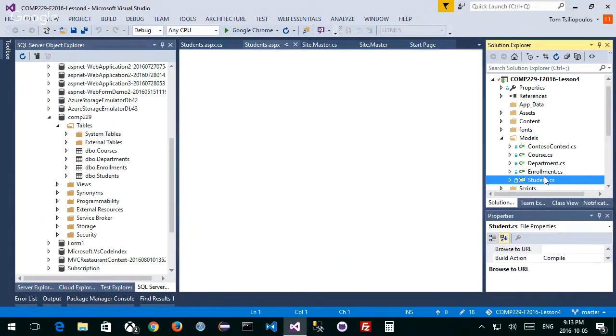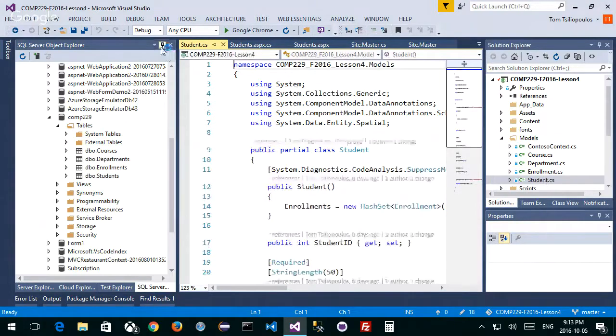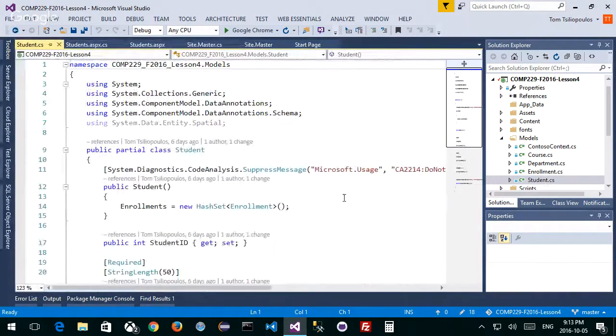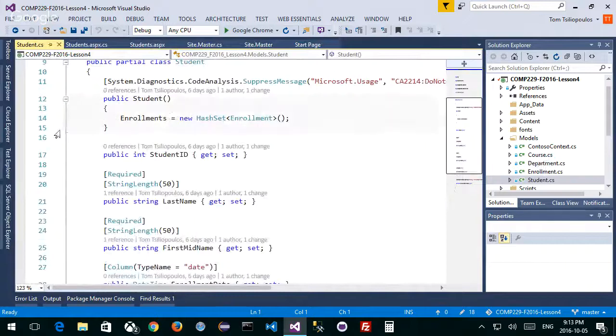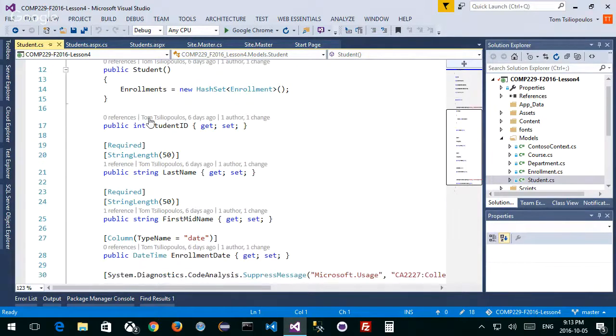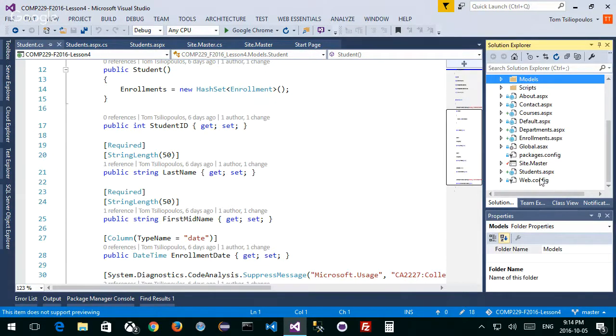So if I click on the student, here's my code for the student, right? Now look at what it does. This is my student. It relates under the models folder to the student database, the student table, right? Actually, these tables here in the models folder were automatically created when I connected Entity Framework to the database. The connections to the database exist in your web config, like we talked about. The 2 files we talked about last week, which is web config and your global.asax file, right?